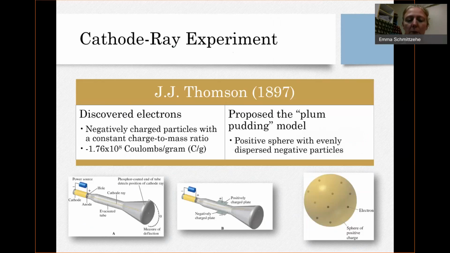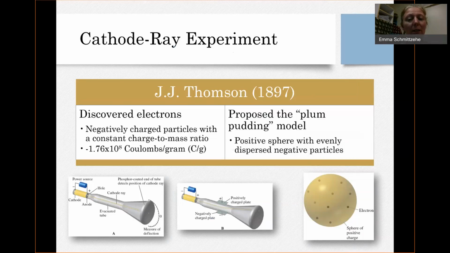Now, I'm not going to go in depth to talk about what this is. You can read up on it if you're interested. But basically, he passed electricity through this cathode ray tube and was able to knock charged particles off of these substances. And what he found was there's some sort of negative particle coming off of these substances when this voltage is applied. Okay, and he was able to measure the charge to mass ratio of these particles,